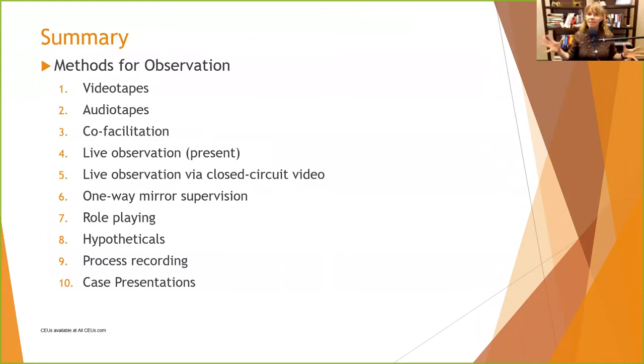So, creative methods of observation using videotapes, like we talked about. Fast forward, audio, turning down the audio, just watching the nonverbals, maybe covering up the client or covering up the supervisee to kind of guess what the other person is doing based on the nonverbals. Co-facilitation, live observation in the room, live observation by a closed circuit video, one-way mirror supervision,